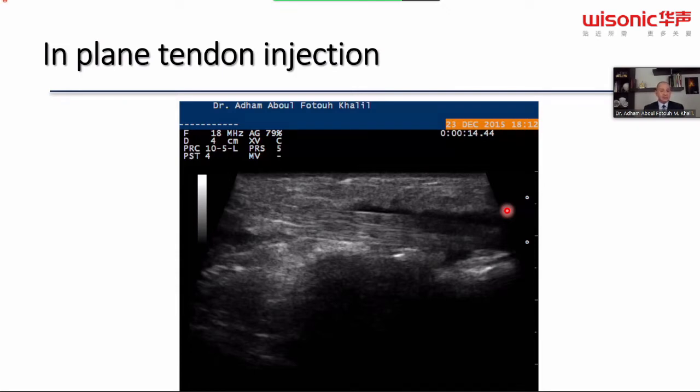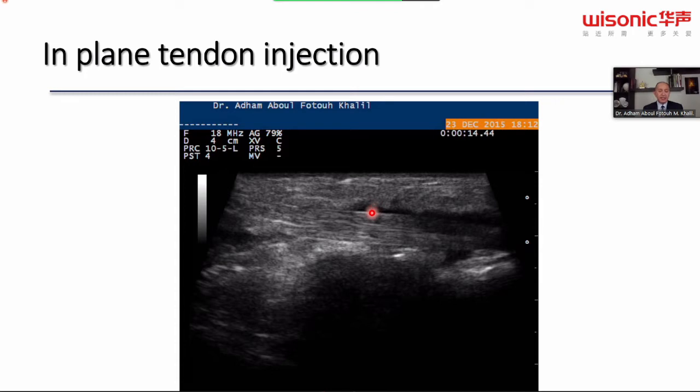Now, what about the injection? Can you imagine that this is a tenosynovitis of a big tendon at the ankle? We know that the tendons around the ankle have a minimal effusion acceptably because of gravity. And then when you have tenosynovitis, you will find it extremely difficult to put the needle in this tenosynovitis and inject. Why? Because this space of the tendon sheath distension is less than 1 millimeter, and it's very difficult to blindly